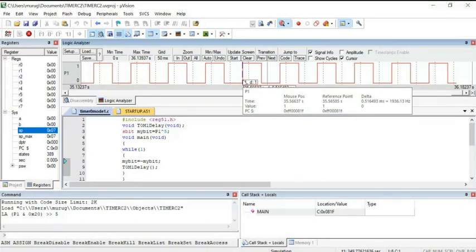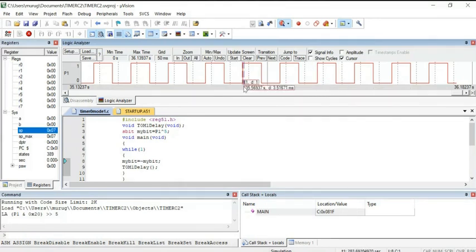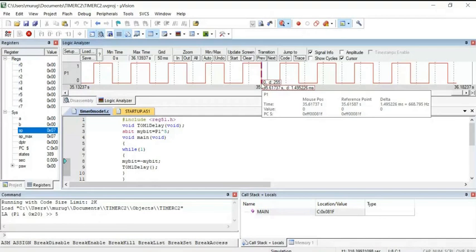So do the subtraction. 0.06637, this point, 0.06137 exactly. So are you getting 50 millisecond?